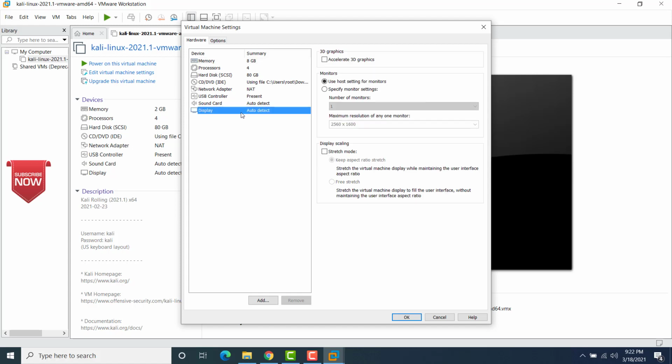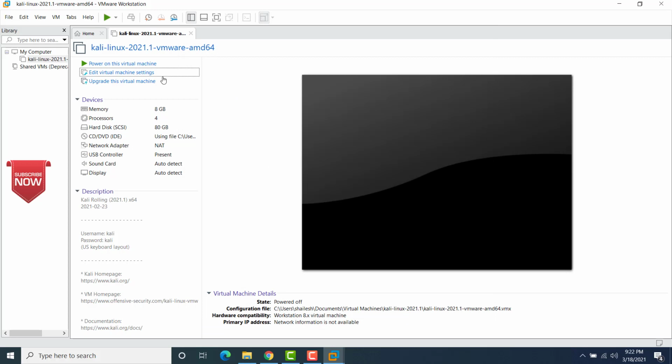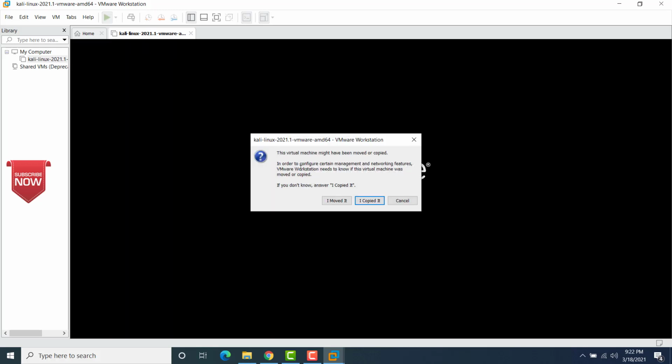Under display, I would click on accelerate 3D graphics. Leave this as it is. Use host settings for monitors, and then check this one, stretch mode. All right, we are done. Click on OK. Now what we have to do is just click on power on virtual machine. Now that's it.